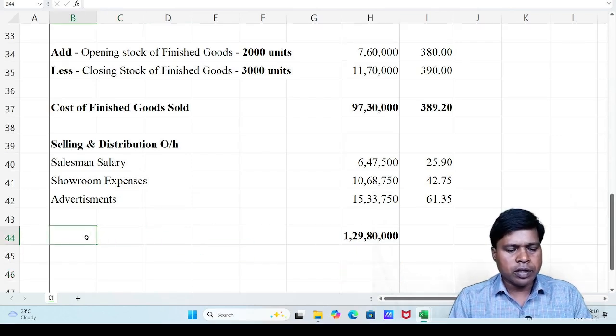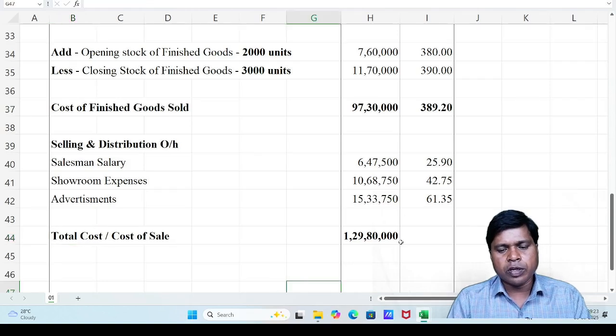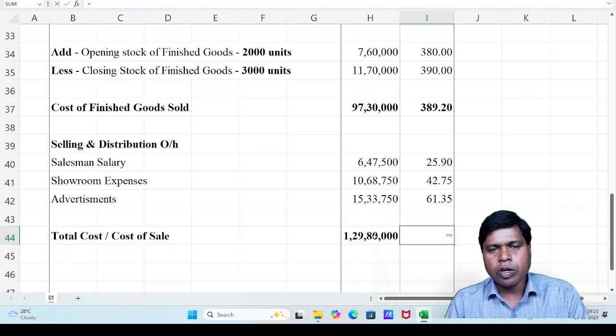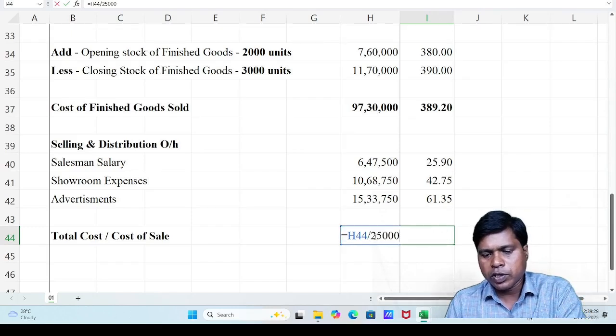I am writing here total cost, or we can write cost of sale, or also we can record cost price. This is the original price, and calculation of cost per unit: divided by 25,000 units,